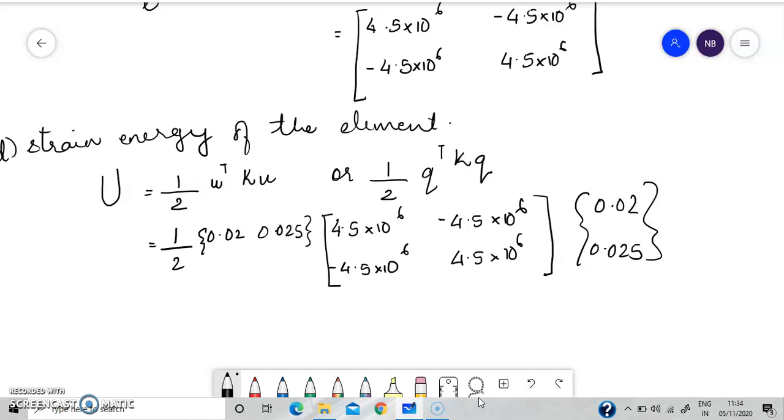Now this is a 1 by 2 vector and this is a 2 by 2 matrix. This is 2 by 1. First let us multiply these two and we get